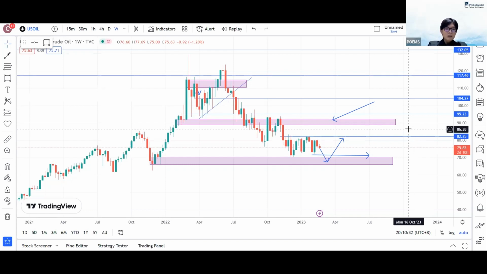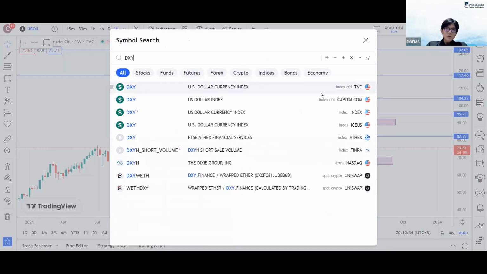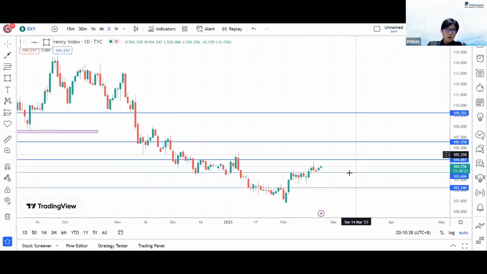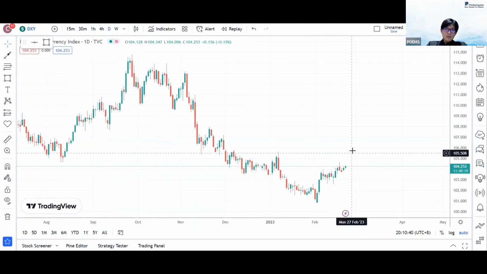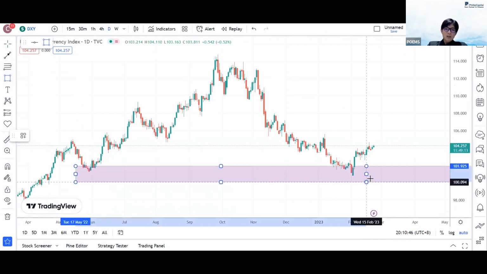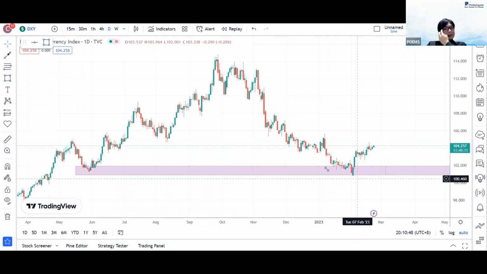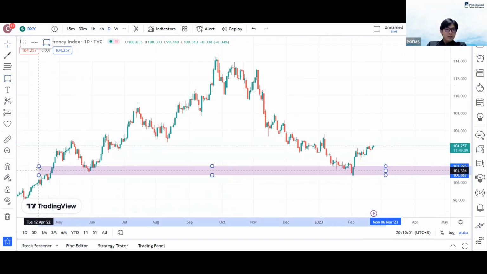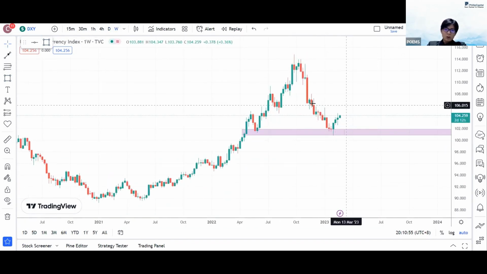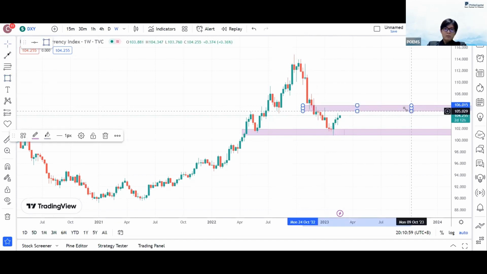Let me just squeeze in one more US index, DXY, because with the dollar and equities, more or less you can see the correlation. The dollar has been slowly trading higher again. It tapped off the 100 level for DXY. Rejection is shown, but just one thing to take note of: the dollar will start to meet some supply resistance level